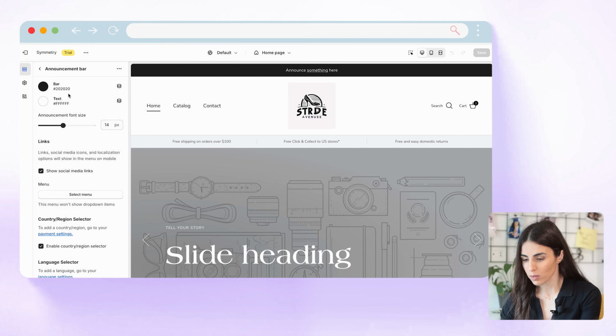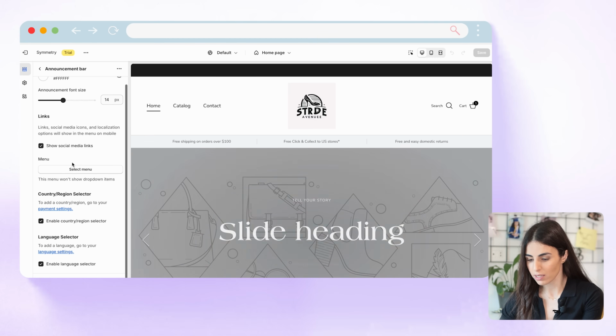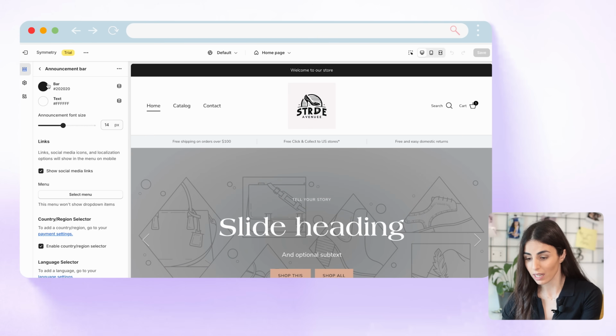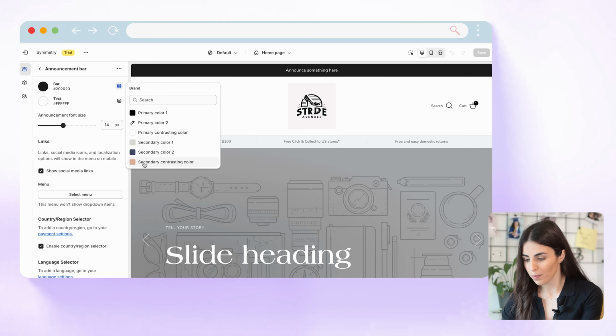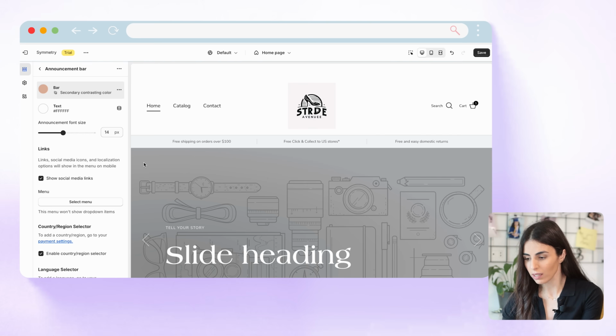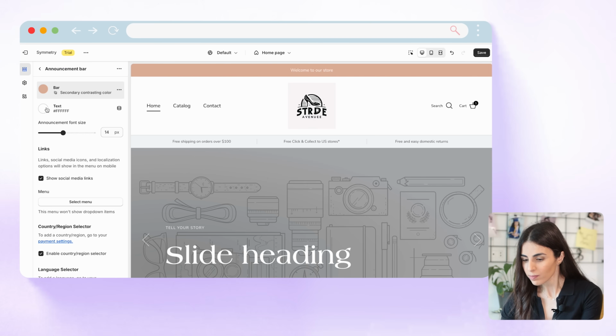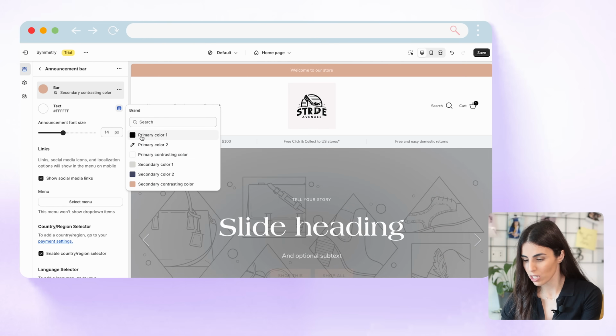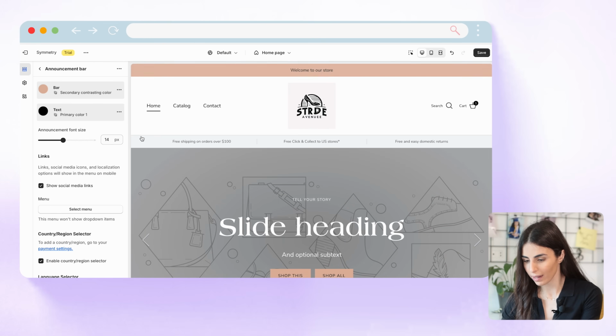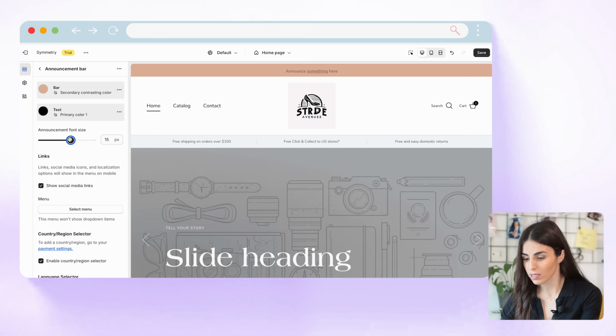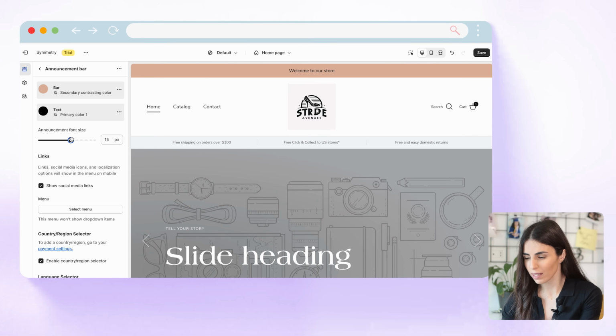When you click on the announcement bar, you can see all the options related to this bar. So you can choose the color of the bar and the text color. I usually like to use a contrasting color in here, so I'm gonna pick my pink one. And for the text, I will go actually with my primary color, which is the black. Okay, you can increase the announcement font size, so you can make it, for example, 15 if you think that